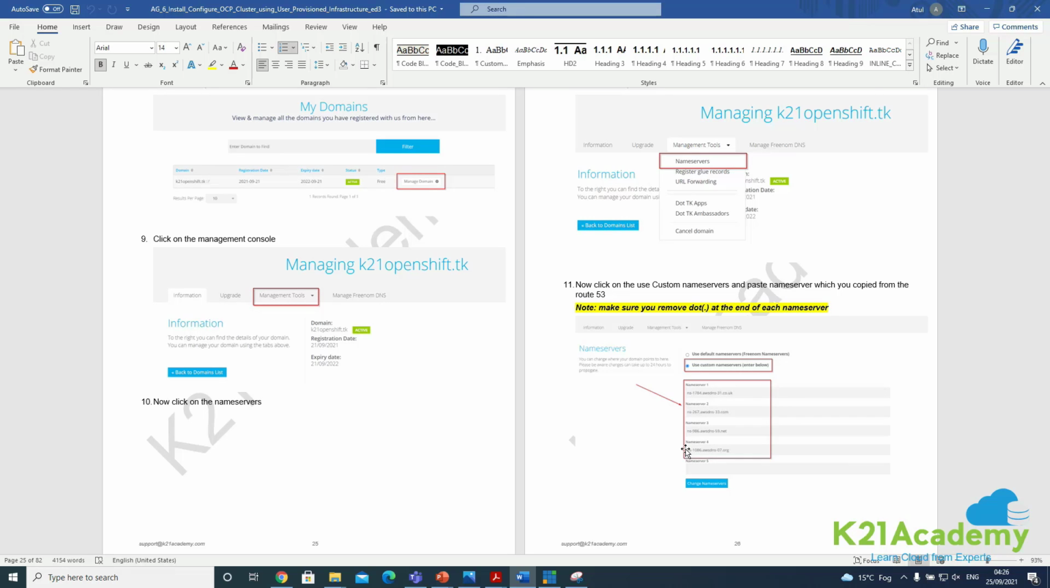So this Freenom will be publicly distributed to all the domain name servers across the globe within 24 hours. Usually it's 1 or 2 hours, but on the safer side, 24 hours. We've checked, we've never had to wait 24 hours. So maybe within a couple of hours you should have the name server ready. And whenever anyone types that name from anywhere in the world, like for example we have picked K21 OpenShift.tk,